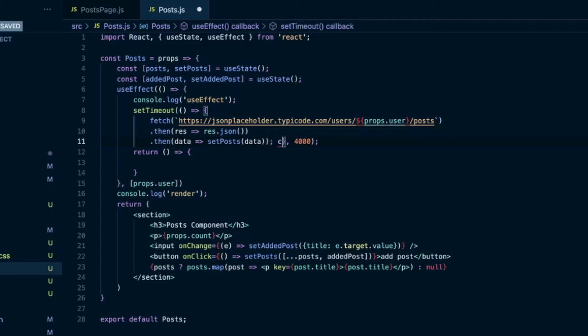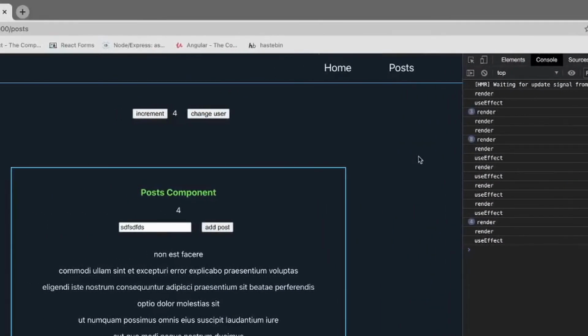And we'll do a console.log data fetched for when that set timeout is finished. So when I save this, the initial render and useEffect will be triggered, and then 4 seconds later, we'll get this data fetched. So I'll save it now. I'll go over here,